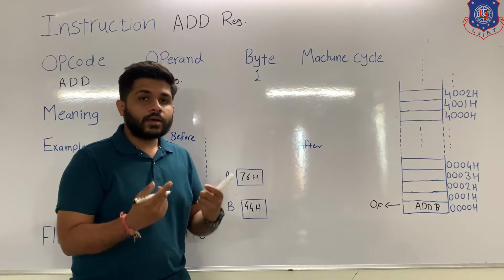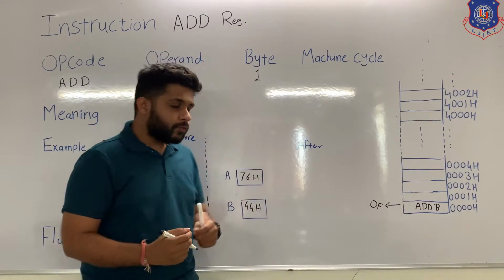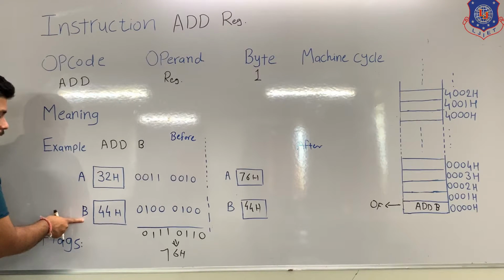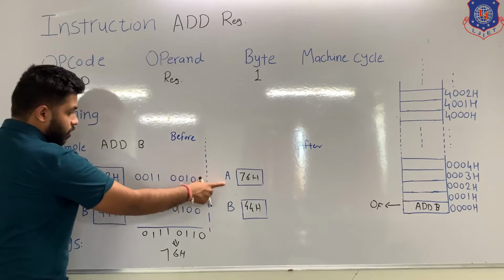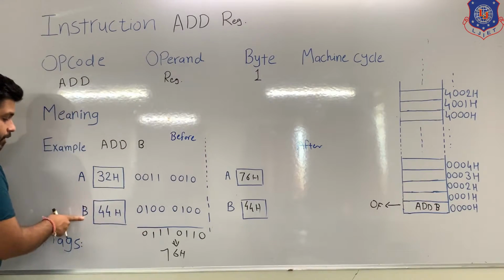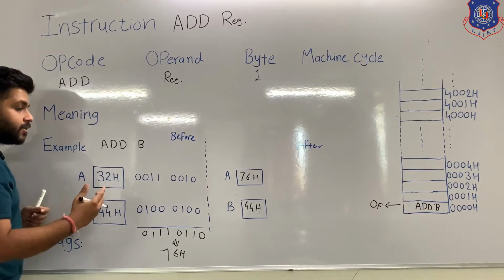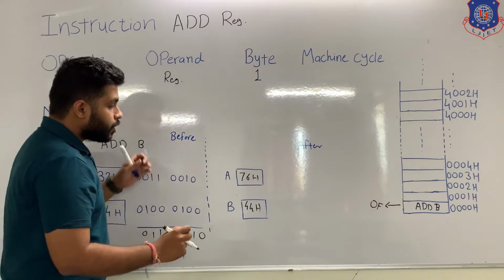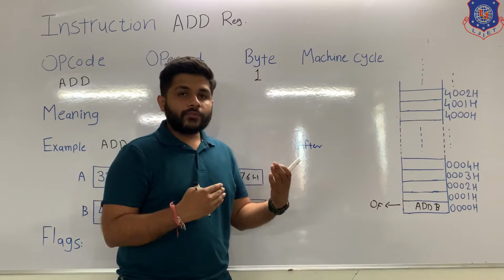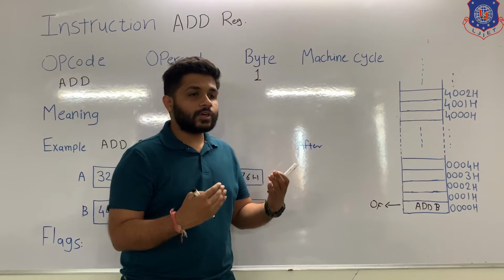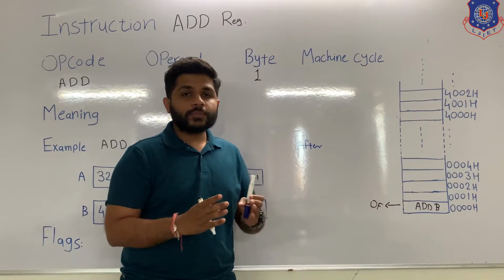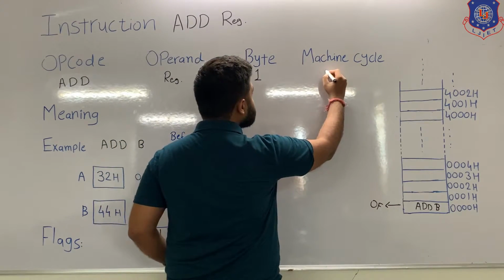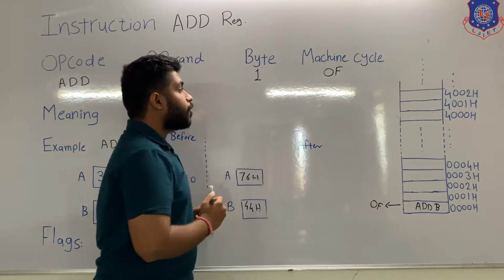After decoding the instruction, processor will execute. Now if you pay attention, during the execution, the content of A and B are added and answer is stored in the accumulator. The register A and B are the part of the microprocessor and result is stored in the accumulator, that is again part of the microprocessor. What I am trying to say is, during the execution, processor is not performing any interaction with the memory. Processor is not performing memory read or it is not performing memory write. So in this case, for this instruction, only one machine cycle is required, that is opcode fetch.